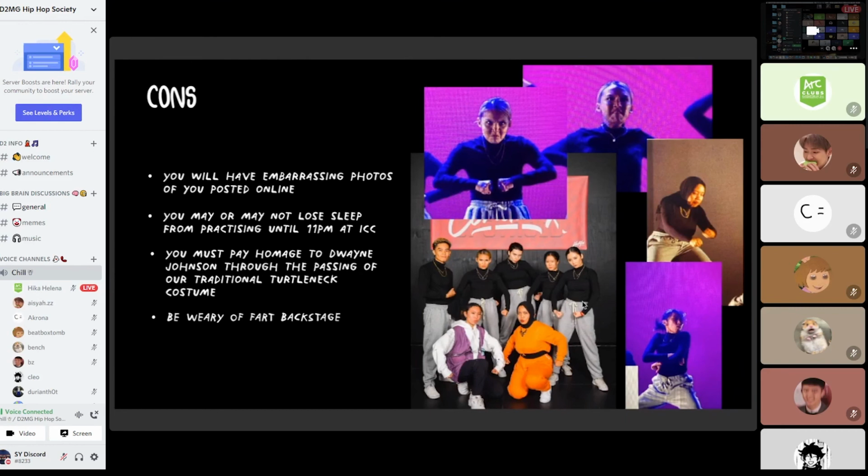And also be wary that when you're nervous, you do fart, and we did have many incidents backstage where all of us were really gassy before we performed and we kind of bombarded the whole place with our fart gas. So I just wanted to put out a little disclaimer that it can happen. And next.